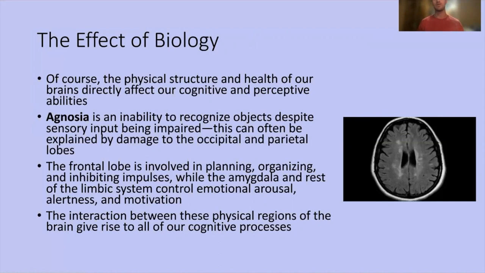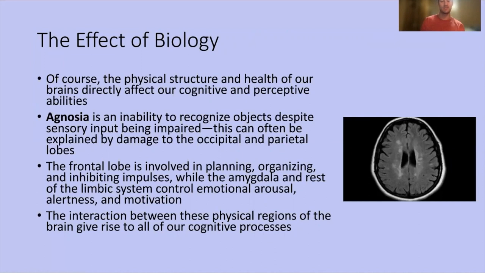So we do know of conditions that are a direct effect of lesions or scarring on specific parts of the brain. It's been thoroughly studied, especially with different agnosias. Scientists can induce lesions on the brain, even temporary lesions, just to see what abilities are impaired with it. So for example, the frontal lobe is involved in planning and organizing and inhibiting impulses, while the amygdala